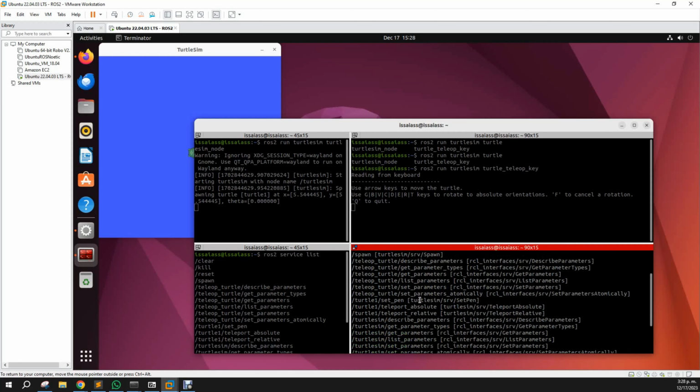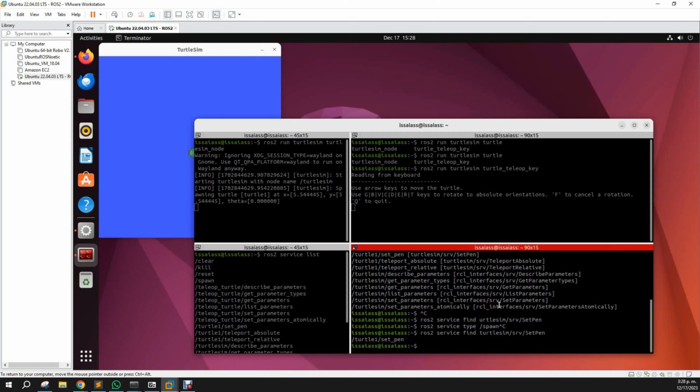Here is the set pen. This is the service name. So this service name, this service type is used by this service name. And if we want to show which kind of interfaces are using, for example, for the kill, let's see,